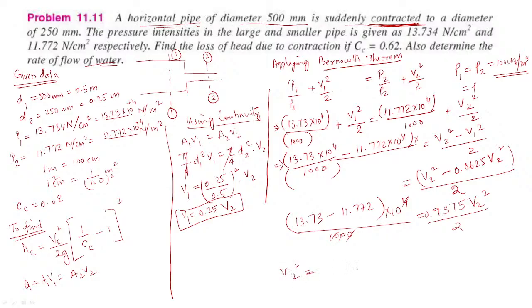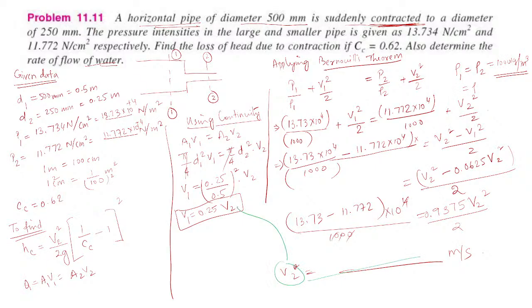So finally the moral of the story is that here you can find the value of V2. Either way, you get the value of V2 in meter per second. Now once you get the value of V2, what will happen? Understand the relation between these things. Once you obtain the value of V2, you are going to substitute it back in the